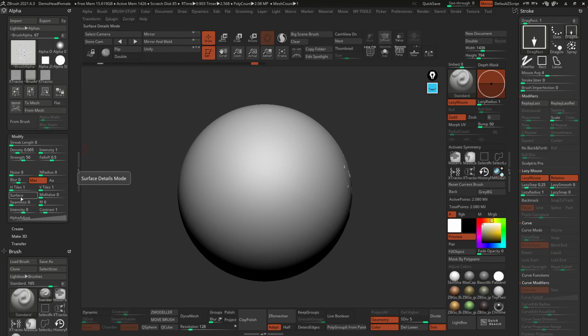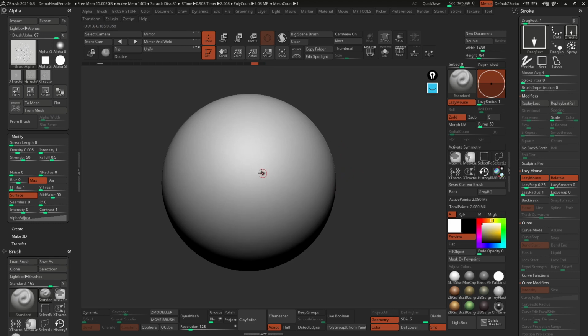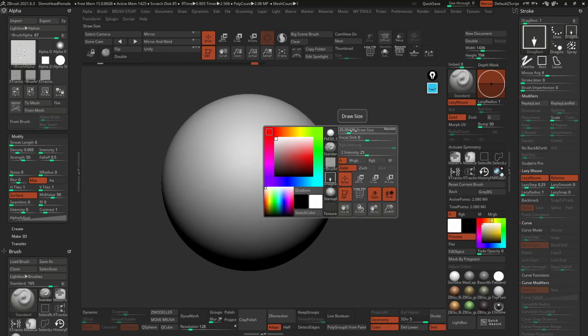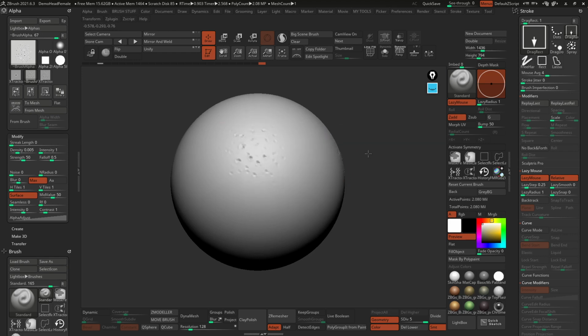What surface does is ZBrush is going to analyze what the best mid-range of these values in this alpha is going to be, so that it doesn't push things out. In other words, it's going to try to find the middle grade. So if I do that, this is a little bit more subtle. But obviously we can tweak the intensity, let's say 12, and we have something closer to what we had before.